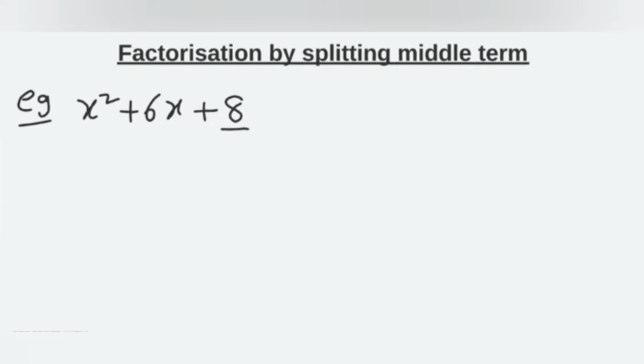So here, take the last term 8, and this is plus 8 actually with the sign. So take factors of plus 8 and check whether the two factors multiply to give 8, and add to give plus 6, the middle term. Let us check some of the factors of 8 like this: 1 and 8, both positive or both negative, and 2 and 4. Even 4 and 2 makes no difference, so no need to take 4 and 2.